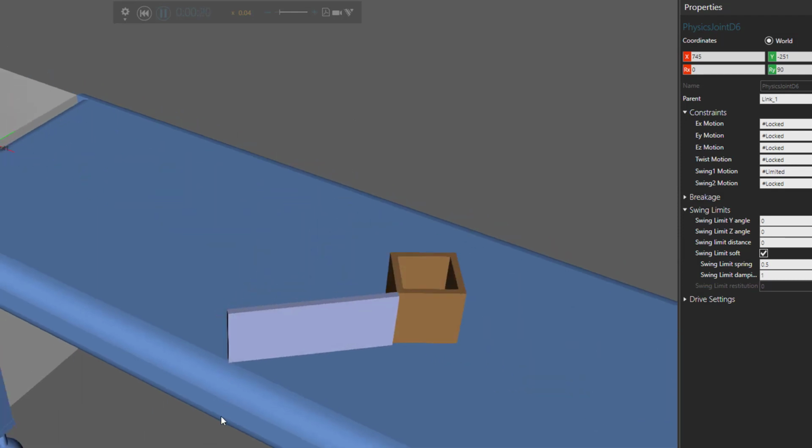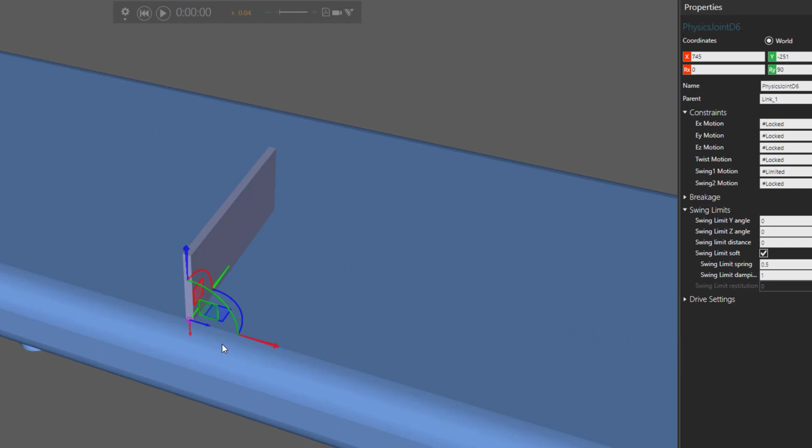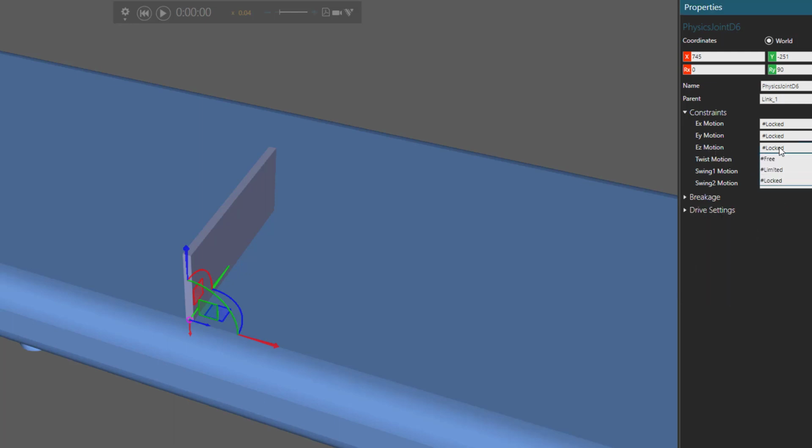Let's see if we can have a linear movement along the z-axis of our joint. So if we reset, remember our joint, its z-axis is going in this direction. So for our swing 1 motion, let's set it to be locked. And then for our moving along the z-axis, let's set it to be limited. Run the simulation and see what that looks like. It's very stiff, but you can see it tried to go this direction, then go back here.